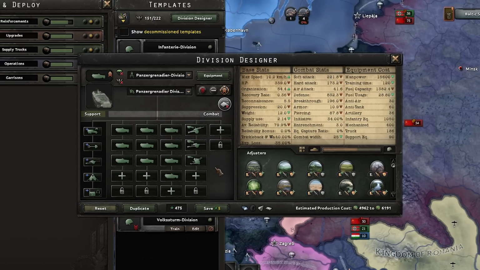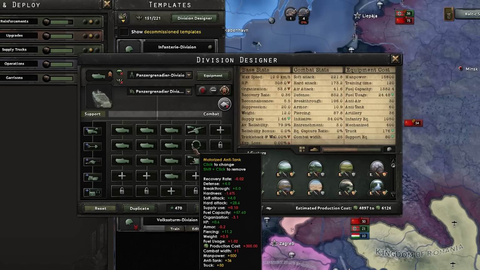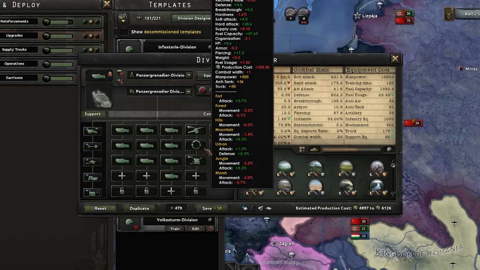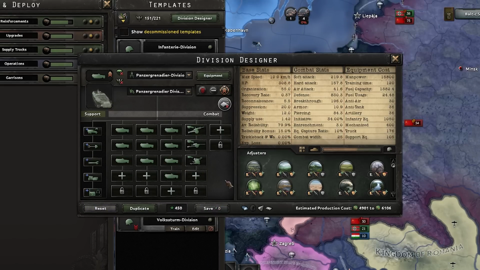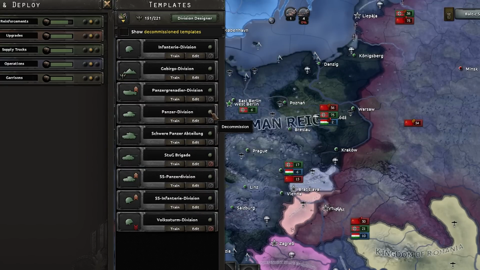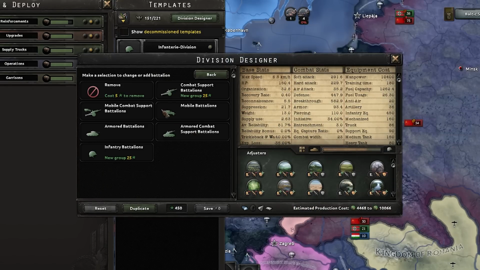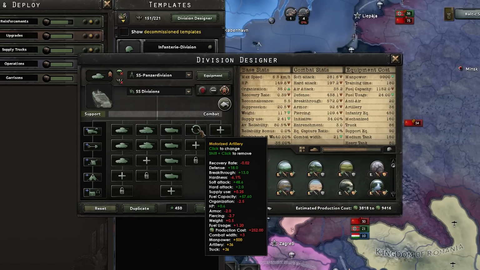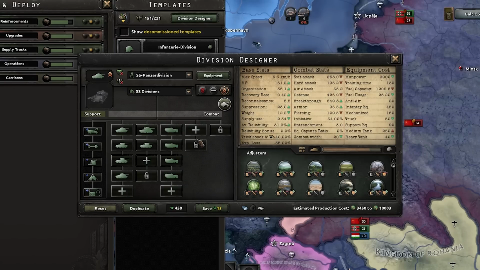Everything else looks okay. We've got artillery, anti-air, and anti-tank. We'll get the maintenance, or logistics, and the maintenance as well, I think, instead of the field hospital. So we're looking like that. That's better. And then we will just go with the SS Panzer. And I'll get rid of the tank destroyers and the artillery. We'll swap a heavy tank out for a medium, add another medium in,